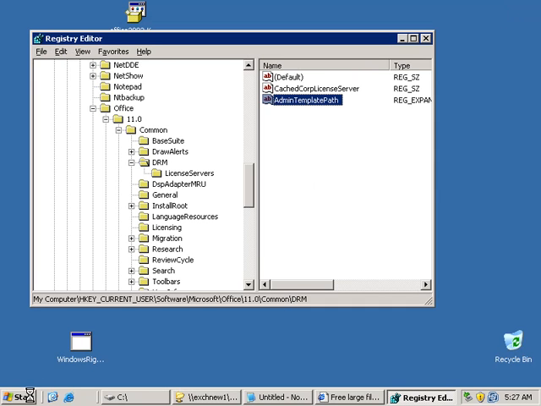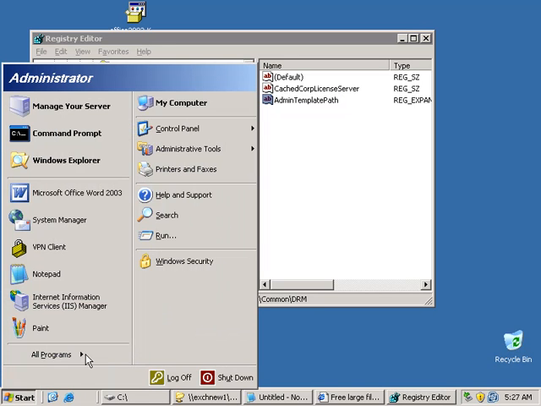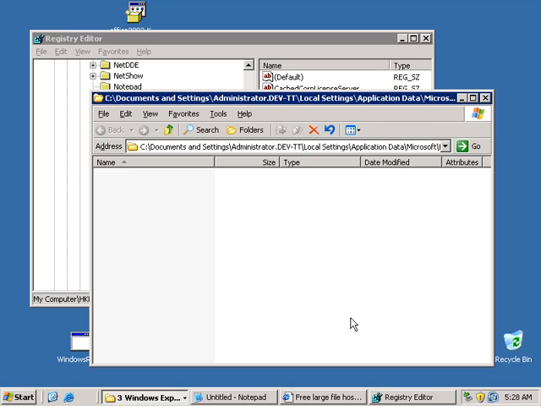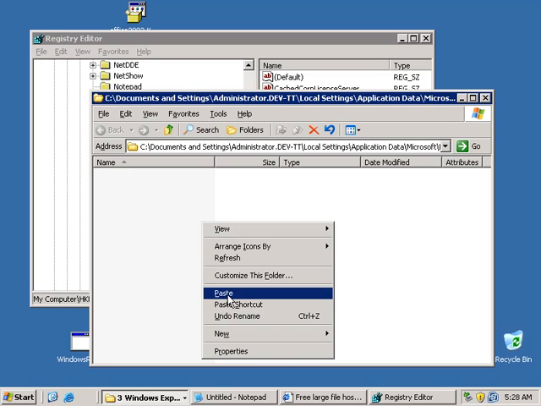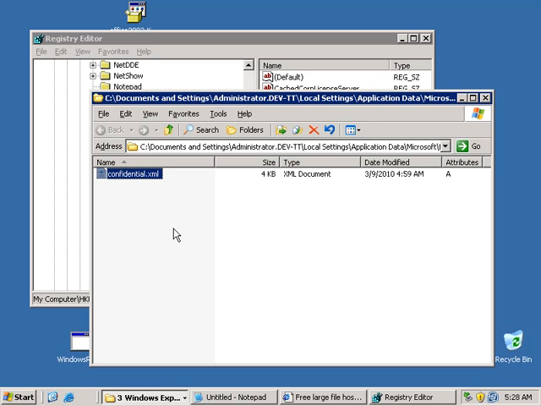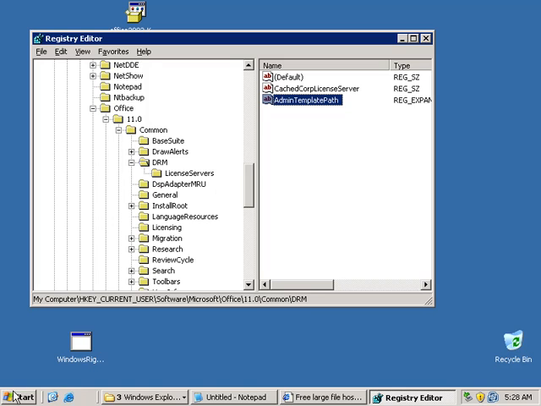Windows 2008, however, does have a scheduled task that is able to download periodically new templates. So I'm going to manually copy across that template file, and now I'm going to rerun